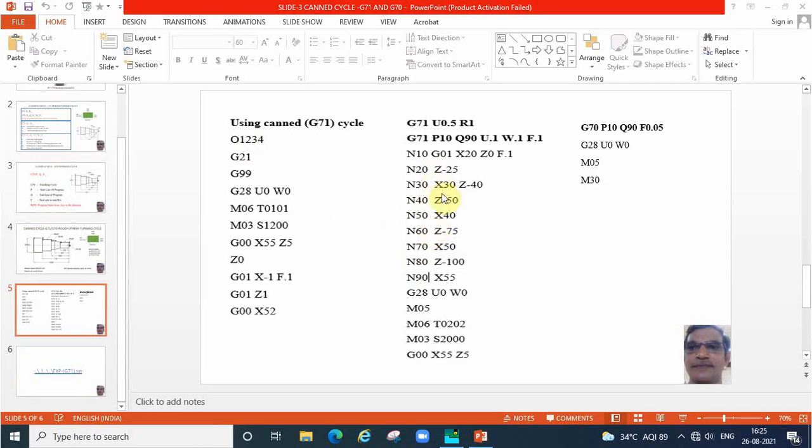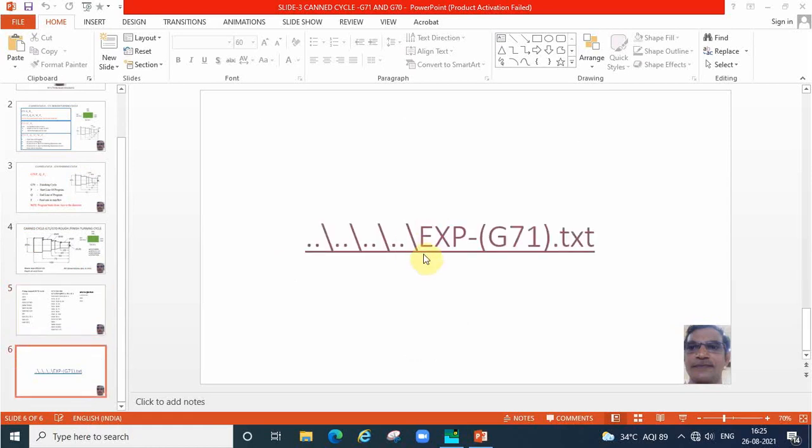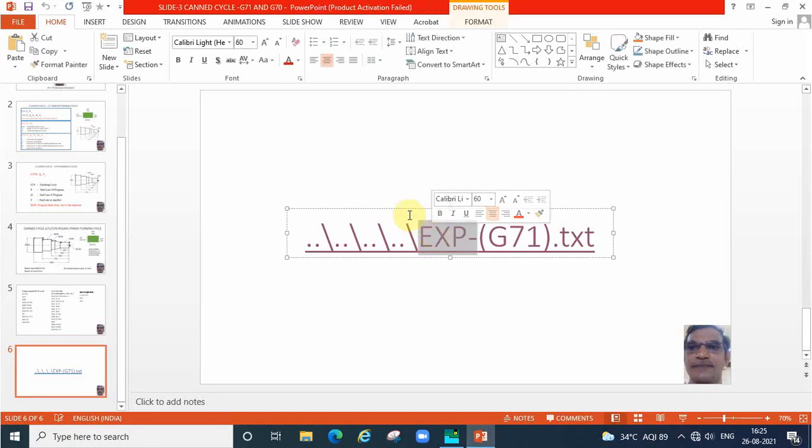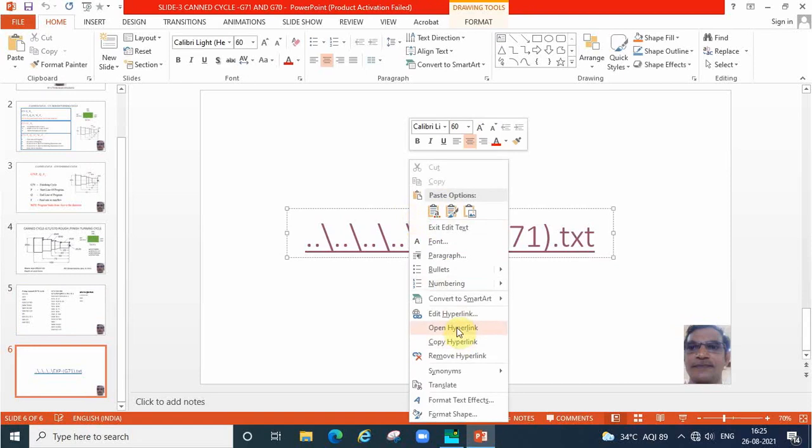Like this we have to write, and now we are using the software. I entered the program by using hyperlink here. Now I am opening the program. You just click here and then open hyperlink.